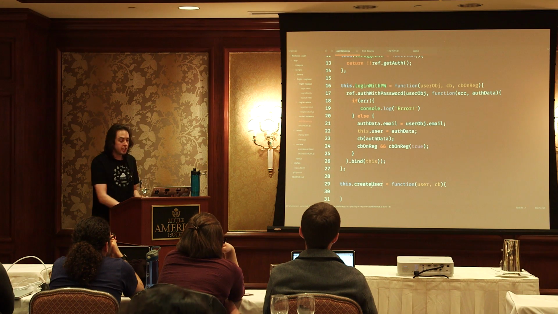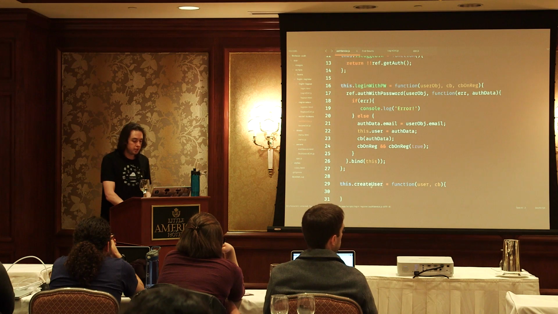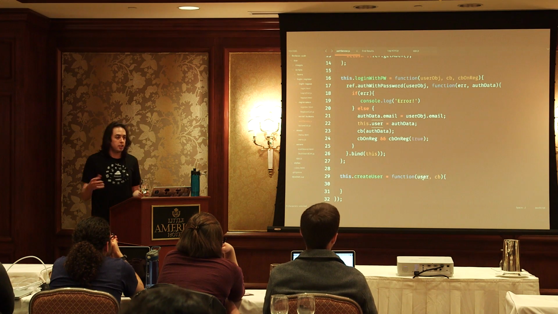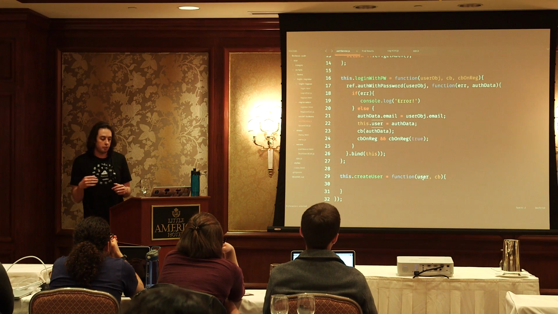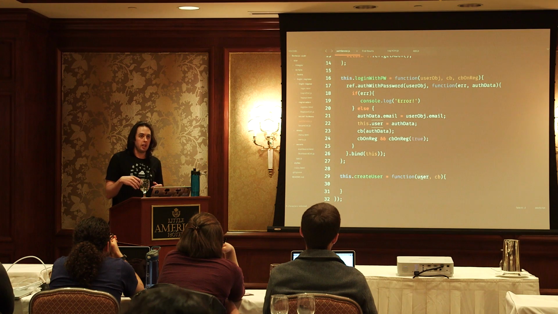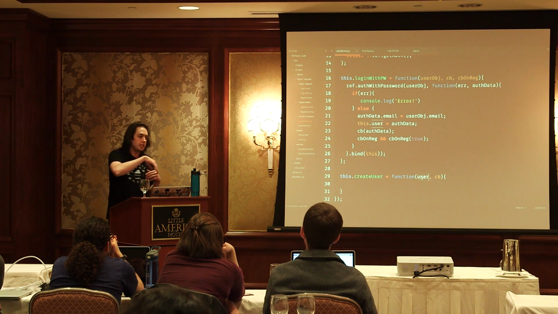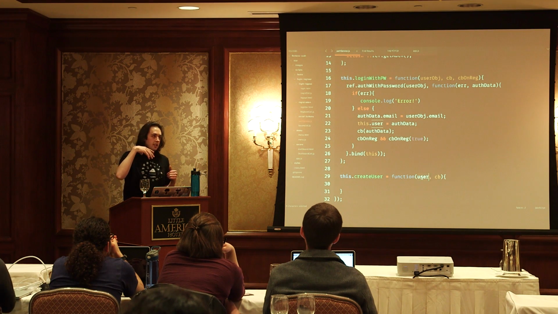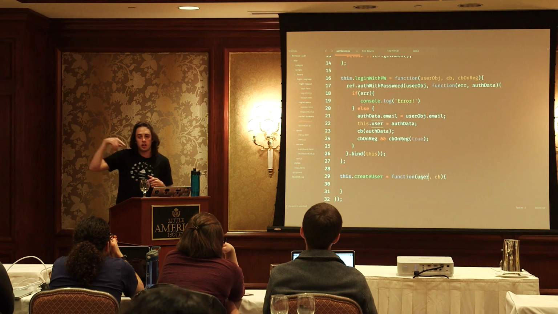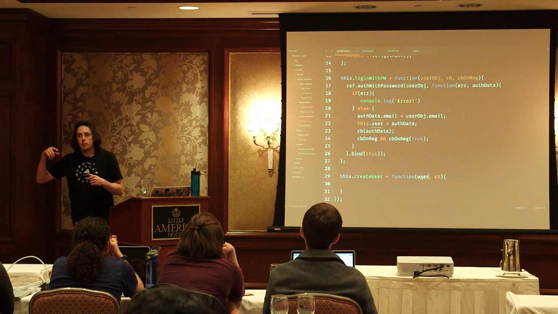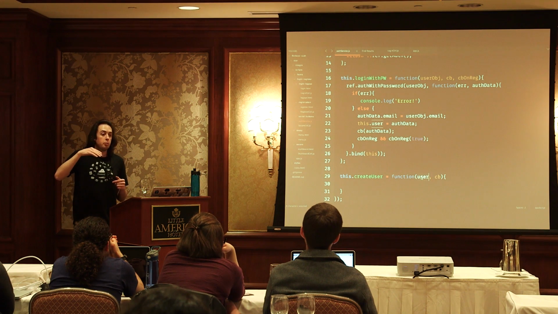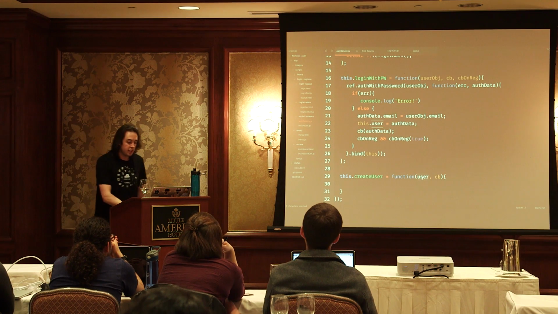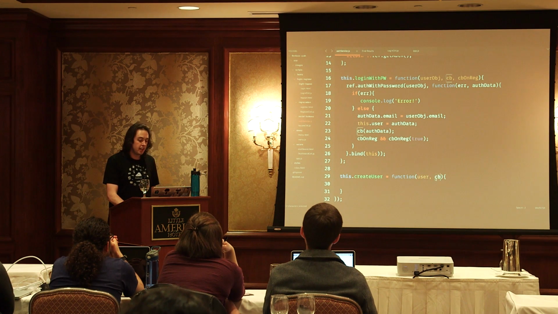We're invoking these things from our controllers. This user is just some scope properties that someone put in an input field. Technically, when we click a button, it goes to our controller and runs a function. That function grabs some things from the scope, which was bound to the input boxes. It sends that information to the service, and then we have it here. And it also sends a callback, which we can look at in a bit.